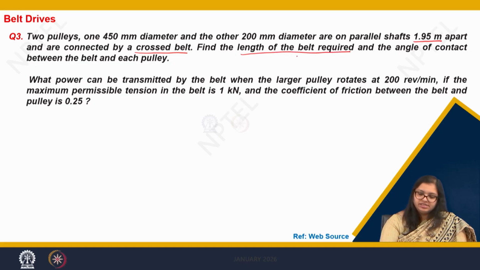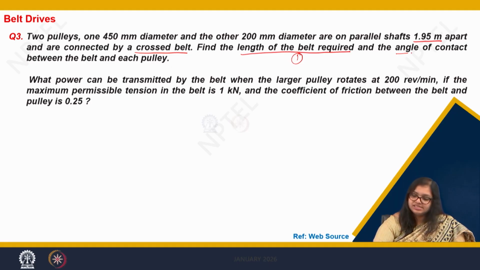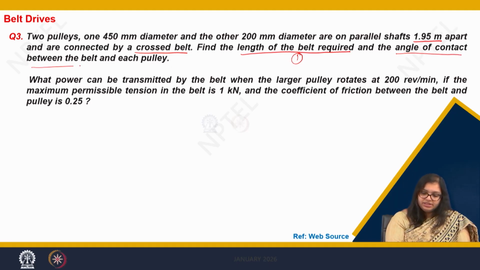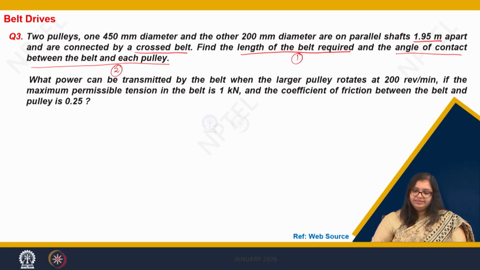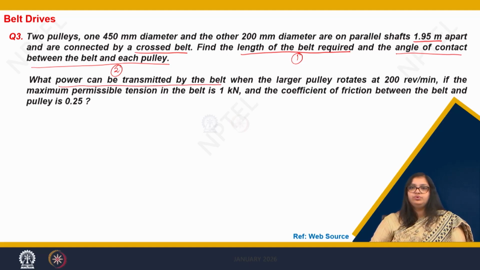First is the length of the belt required, second is the angle of contact between the belt and each pulley, and the third is what power can be transmitted by the belt when the larger pulley rotates at 200 rpm, if the maximum permissible tension in the belt is 1 kilonewton and the coefficient of friction between the belt and the pulley is